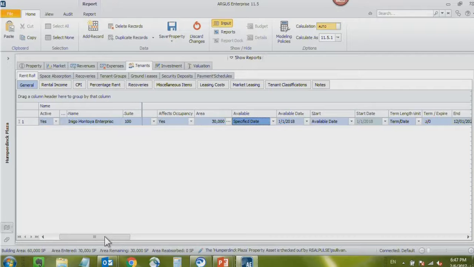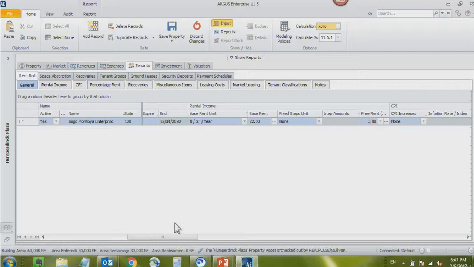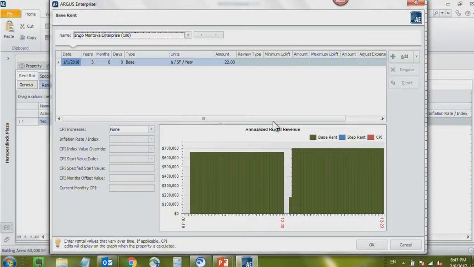So I'm scrolling over to the rental income band, and I can see that base rent I previously had in place, $22. If I want to change the base rent itself, I'm going into my base rent column ellipses. This opens a window. On the top half of the screen, I have a line item with what I've already set up in rental revenue, and the bottom half of the screen is giving me a graphic that represents my